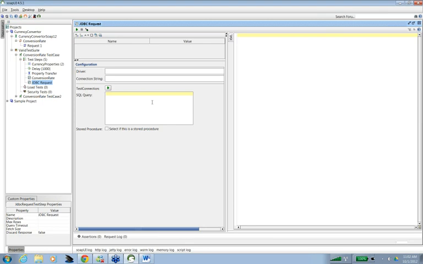So how can I do that? I can make a JDBC request, but I have to configure the driver and the connection string. For making a JDBC request, the driver, let's say on this machine I don't have Oracle installed, otherwise I could have shown you. Here you have to mention the driver.